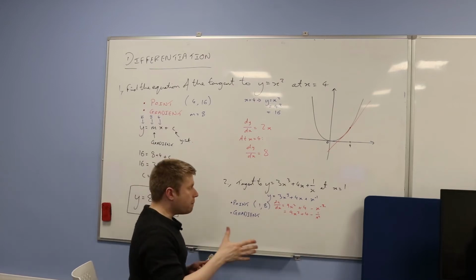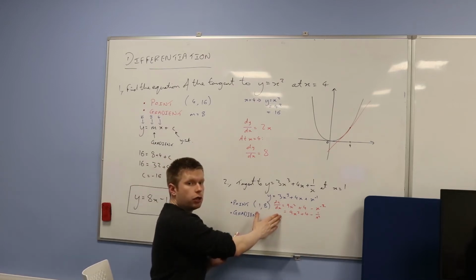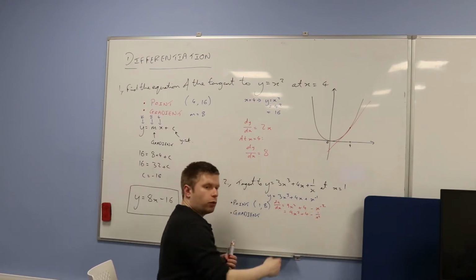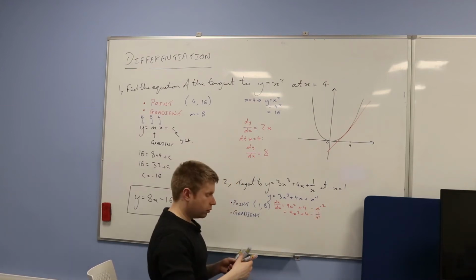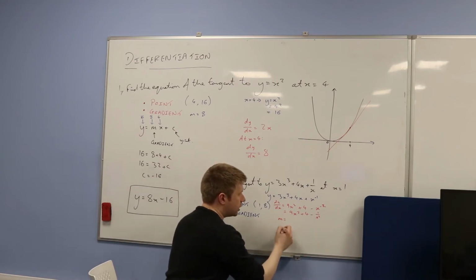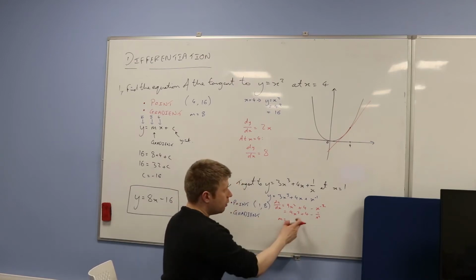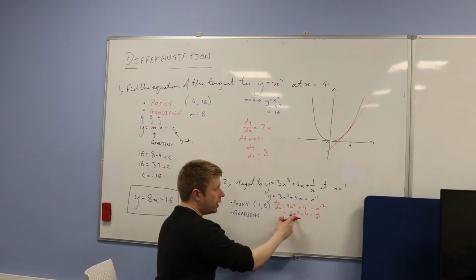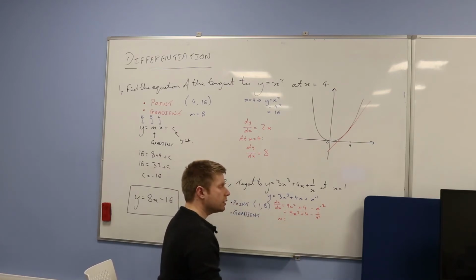Now remember, this is my gradient function. To find the value of my gradient, I need to stick in the point I'm after, x equals 1. So my gradient is 9 times 1 squared plus 4 minus 1 over 1 squared. So I get 9 plus 4, which is 13, take away 1,